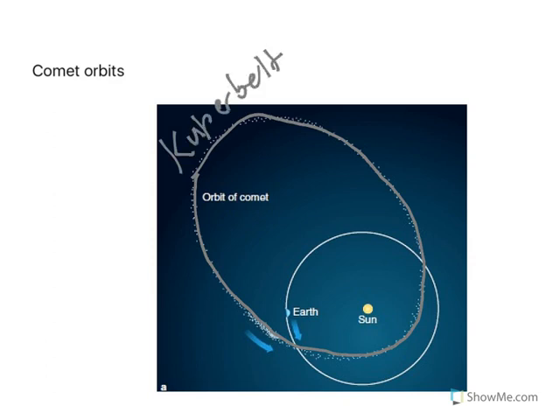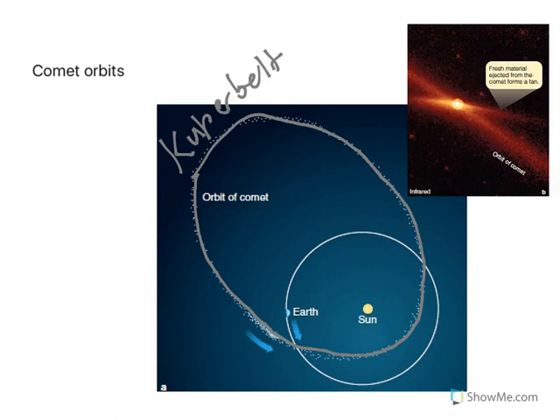We know the Kuiper belt is out here. And we know as the comet either comes in or comes out, or approaches in or is going away from the sun, that the comet coma and tails may form. And if they form, you'll see that the dust will be left behind and it will trace out the orbit